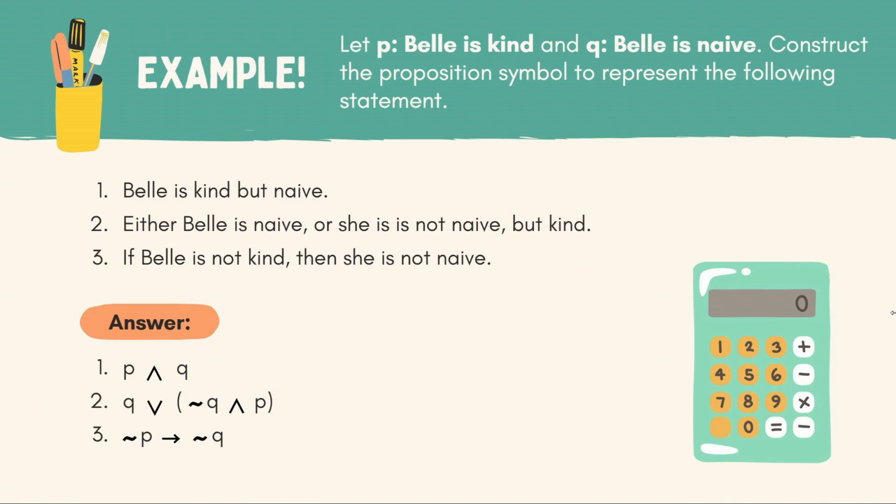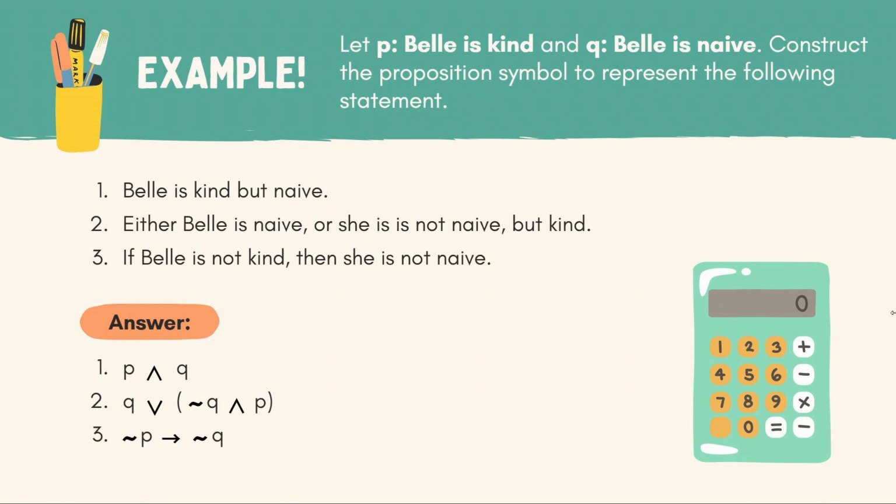As you can see, this sentence has 2 statements, which when combined become a compound statement. The first statement is p, which is Belle is kind, and q, Belle is naive. Do you remember a compound statement? A compound statement is a new statement formed by existing statements, which are the p and q statements, and they are combined by using logical operators or connectives. And as you can see, they use "but" to form a compound statement between statement p